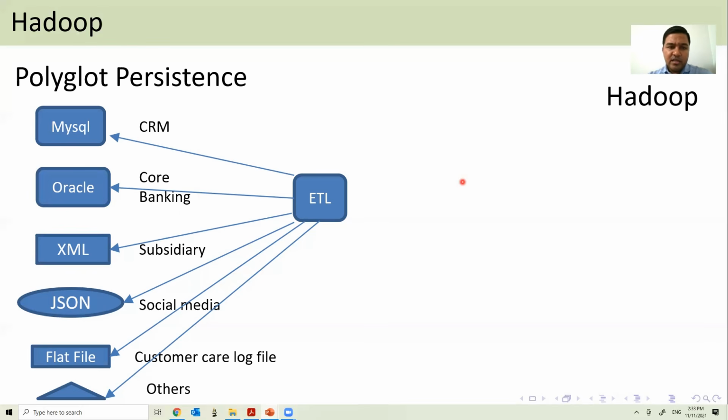Now, we can keep those data, XML, JSON, flat file. Storing the data is not a problem. We can really store the data. Like in the past also, CLOB and blob kind of databases came where we can keep both structured and unstructured data. But they were not allowing processing. If we do not do processing, what is the point in keeping XML, JSON, all this data if the company cannot make anything reasonable out of it?